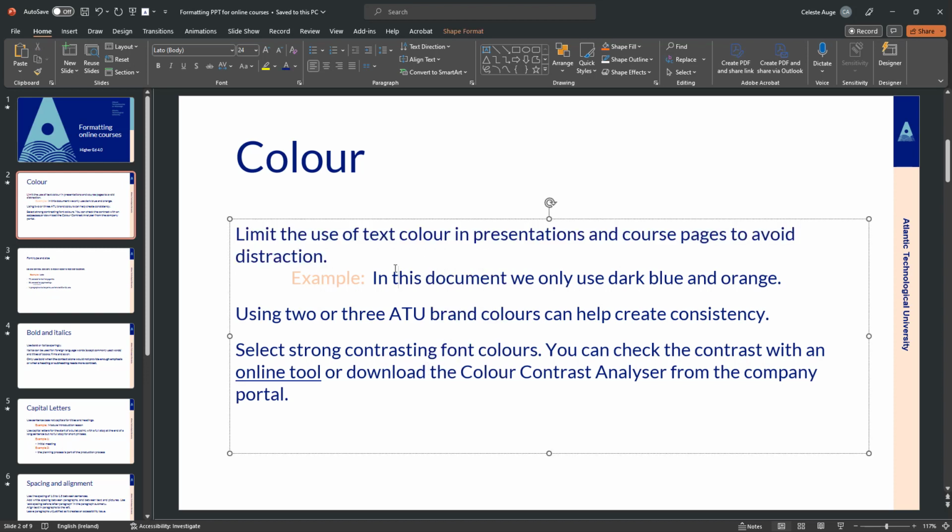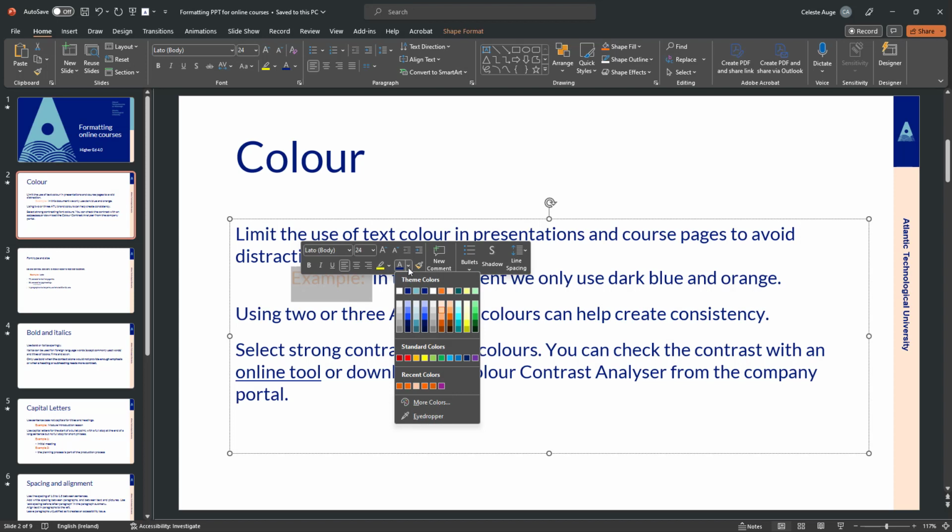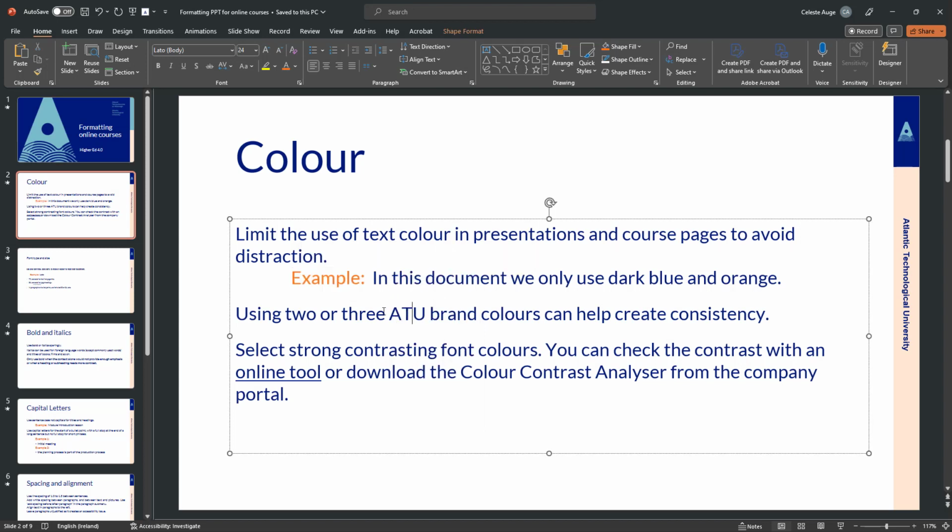For highlights, I've selected orange. Make sure you use a high contrast color for your fonts. This one is too pale, so I'll change that to a darker orange. You can check the contrast with an online tool, or you can download the color contrast analyzer from the company